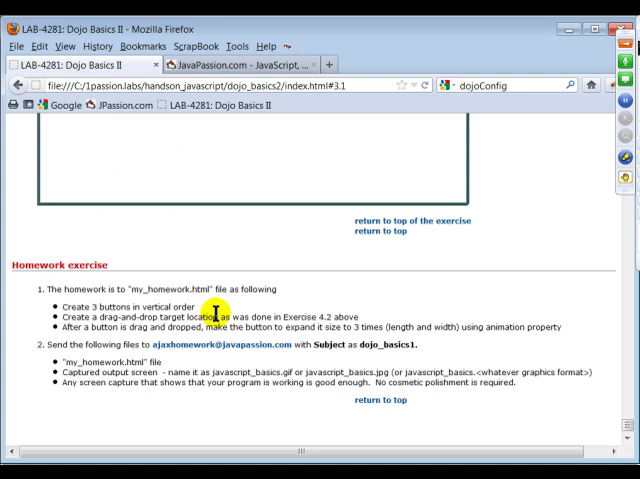Okay, so let's see. The homework is to create 3 buttons, and then you're gonna create a drag and drop target location as you have seen just a few seconds ago. And then when a button is dragged and dropped into a target, you want the button to expand its size 3 times, length and width, using animation property. Okay, so pretty straightforward and simple exercise. All right, so let me